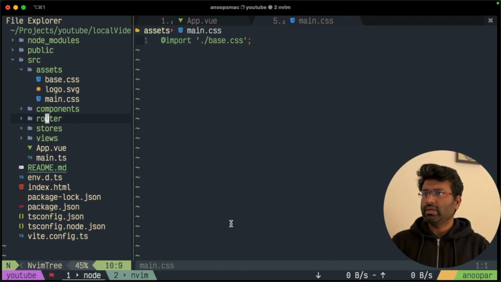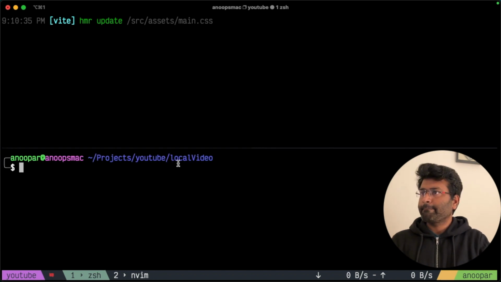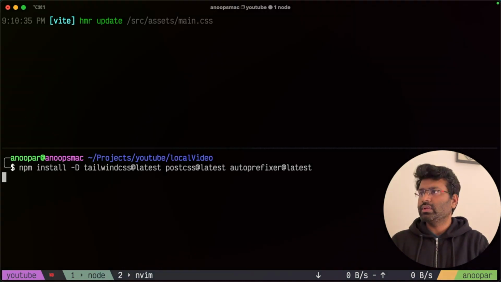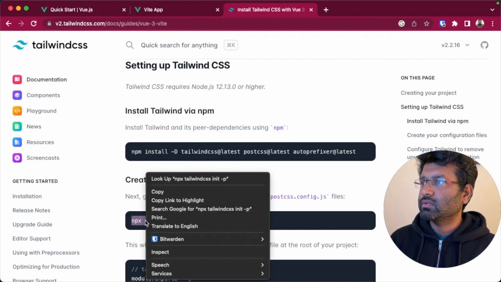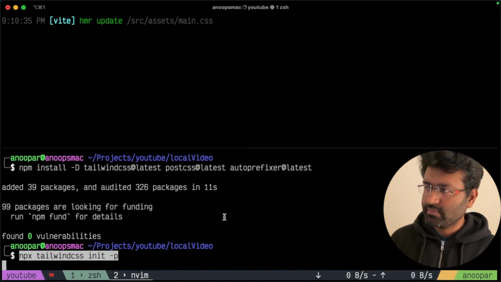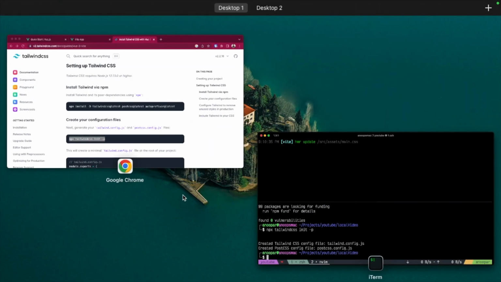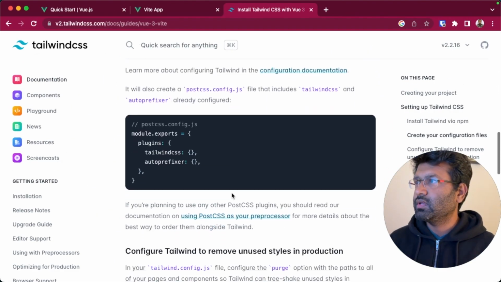So let's go ahead and install Tailwind. Make sure you are in the project directory, and then npm install Tailwind. Done. So let's go ahead and create the Tailwind config file. So this will create a config file. Yeah, it created the config file, and then we need to